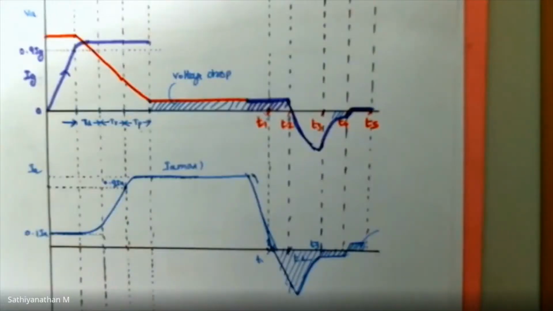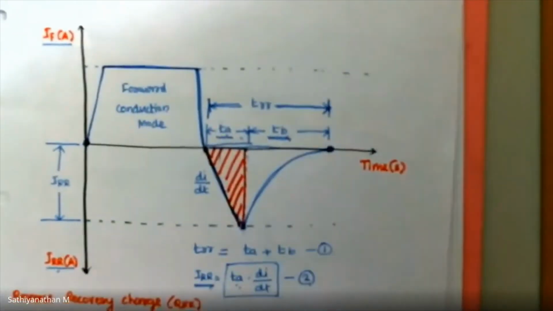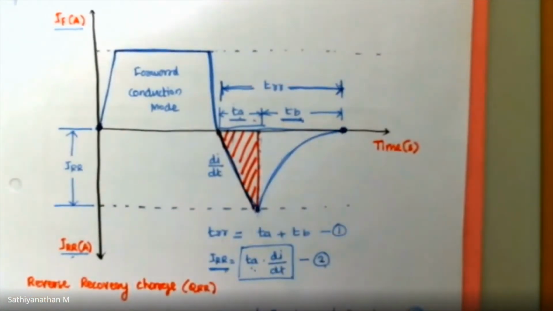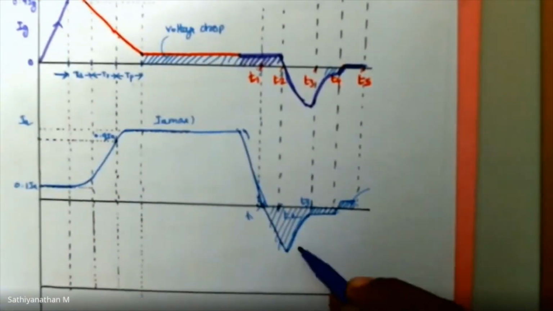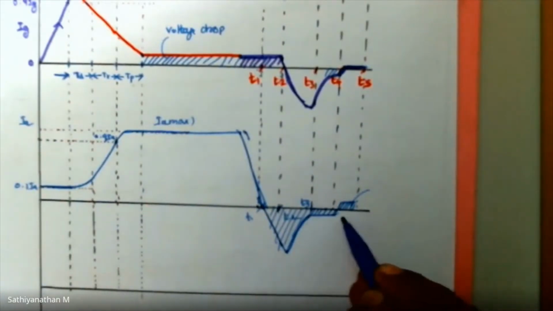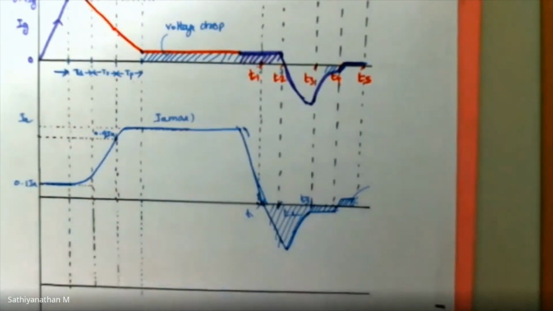Yes. So you can see this graph, right? This is the graph we have drawn for what? Diode. You can see the same graph in SCR, but it is slightly different during time T3 to T4. You have some reverse leakage current because the electrons and holes are not neutralized during that interval. After that, it becomes 0. So it is similar to a diode, but it has some delay.